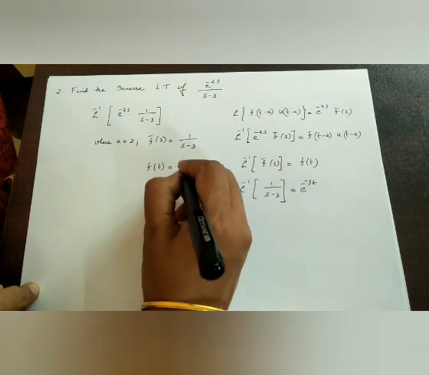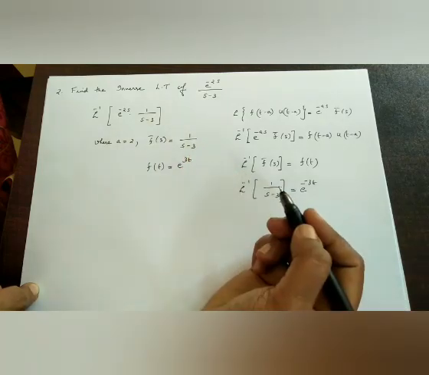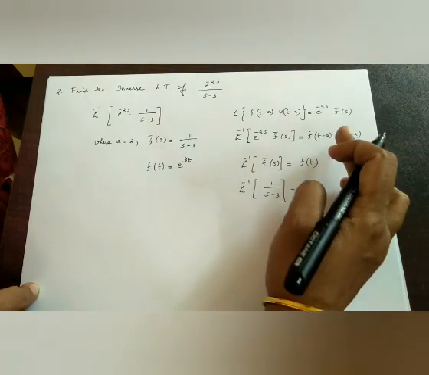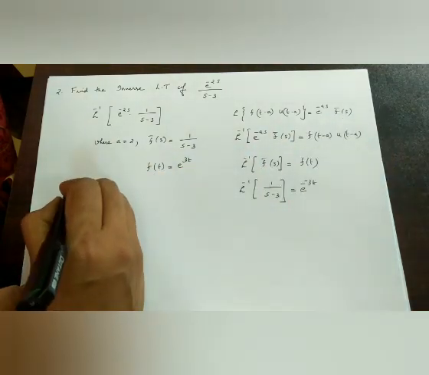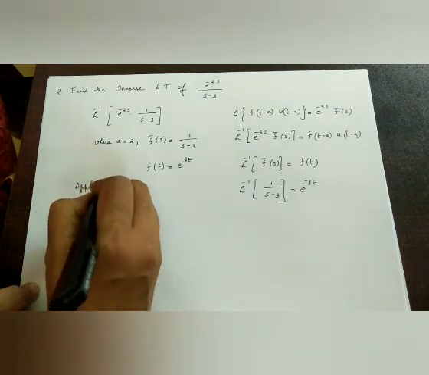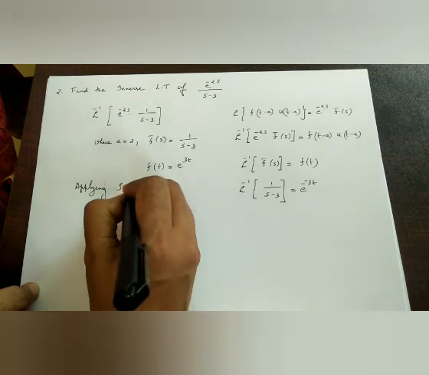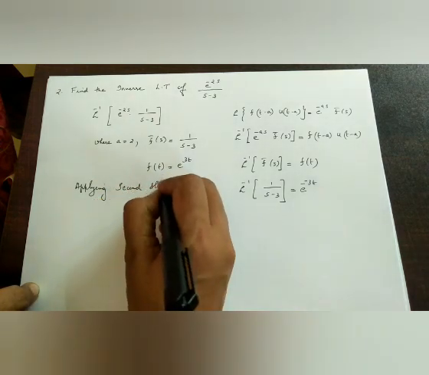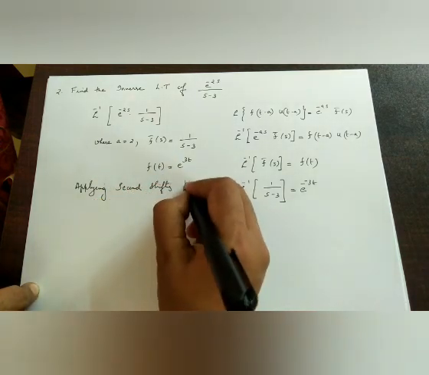Therefore, we have f of t is e raised to 3t. Therefore, applying the second shifting theorem or second shifting property, we have